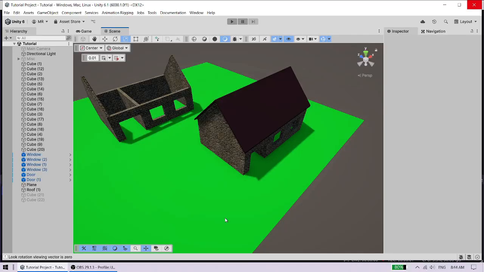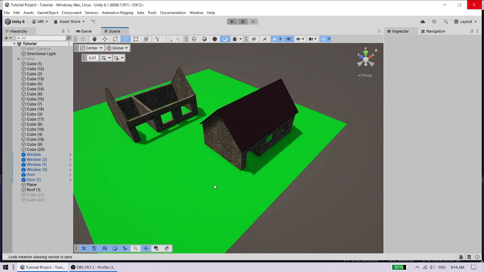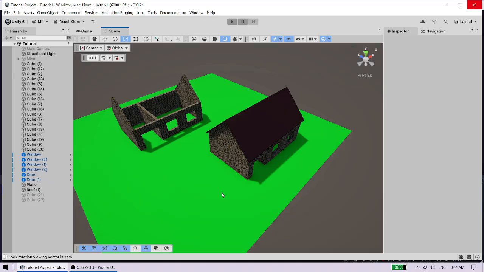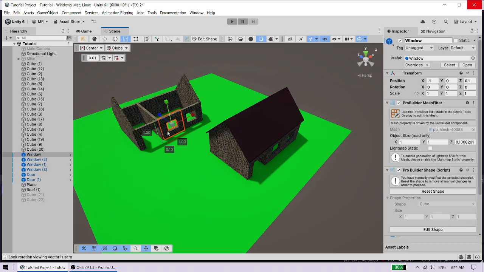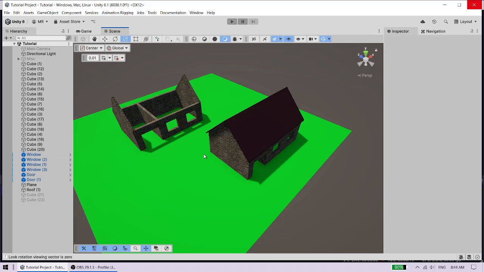Hi, this is Mark here again with another quick tutorial on Probuilder in Unity. It's a follow-on from the video I created regarding making a house like so with different blocks etc. to interlock as prefabs. You can see there's a roof on there now, and I'll show you quickly how to